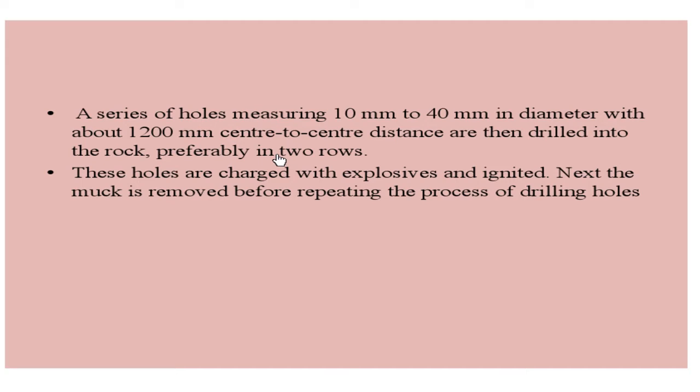Once the holes are made, they are charged with explosives and then ignited. We know that we have to make the complete tunnel, which is actually an underground passage. For making this underground passage in the full phase method, the entire face or that portion of the cross section is completely dealt with at the same time. For this purpose, columns are inserted and drills are fixed on the columns, and once the drilling is done, you will have holes, and inside the holes explosives are inserted and then ignited.